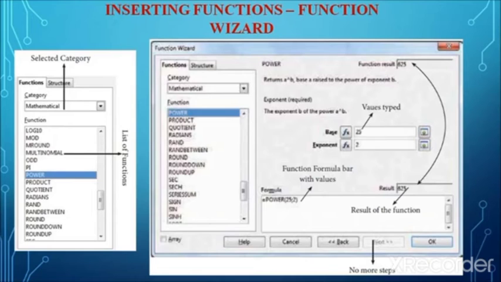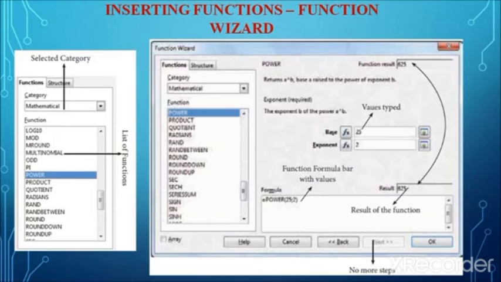So inserting, first step, how to insert. Say for example, in cell A2, we have to type the base value, and in the next cell, that is B2, we are going to type the exponent value, and in the third cell we are going to display the answer. There we have to click the fx, that is the function wizard, which will be available in the formula bar. Then the user will view the function wizard.